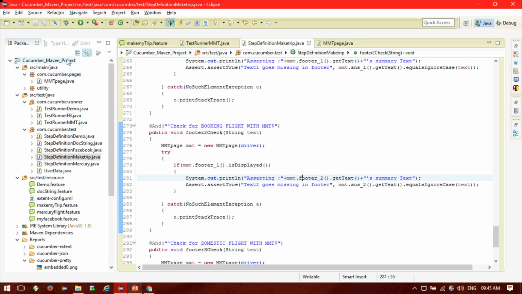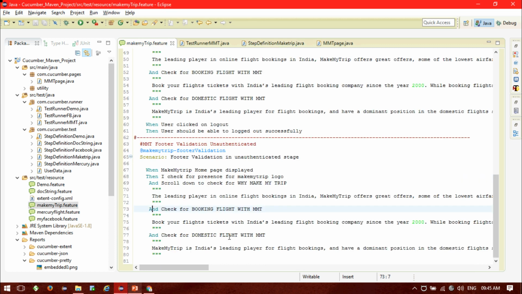In a practical scenario, it's good to use a separate set of pages that hold all your web elements and the methods needed for your testing. So I'm checking if the particular web element's text is the same as the docstring, and then it will assert. I'm asserting whether it exists or not, and accordingly it will pass. So same for the third one.